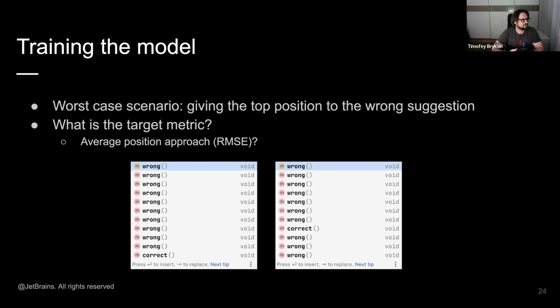The one thing that I wanted to cover here, to be a bit more technical, is the loss function. When we're training a model, we need to develop some kind of punishment system that forces the model to perform well in situations you consider essential. For a completion model, there's only one mistake it can commit: not putting the best suggestion on top of the list. So when we are training a, I have a question.